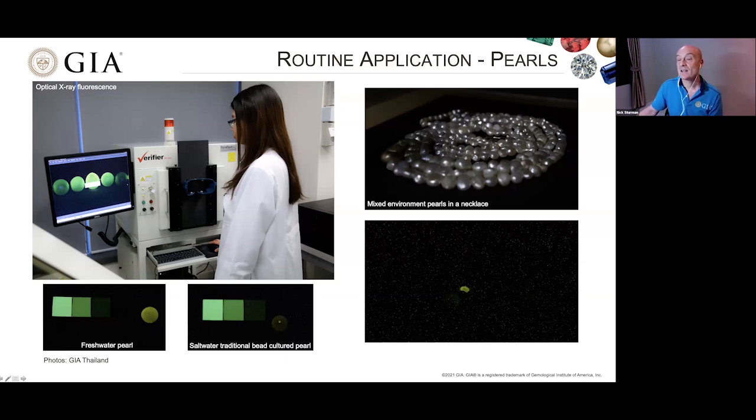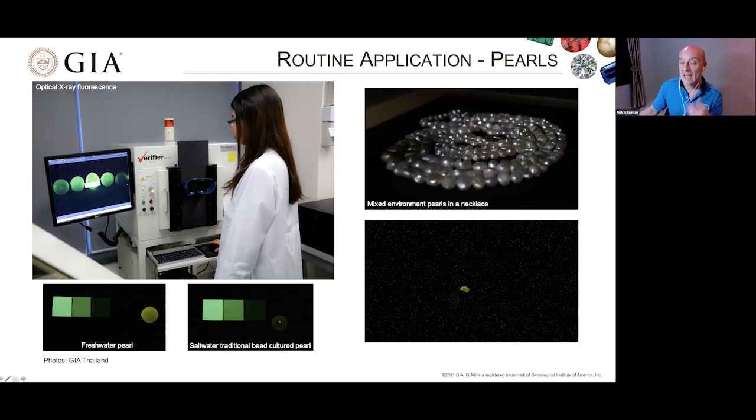So you can see here this necklace, and it's got a large quantity of pearls. So it would be very difficult to do EDXRF analysis on every single pearl. It would be very time consuming. So X-ray fluorescence is the best way to do it, to have a quick check. And we can see that one pearl stands out completely from all the others. So this particular pearl, when we actually align it with the necklace, we can point out that this is a freshwater pearl in the necklace.